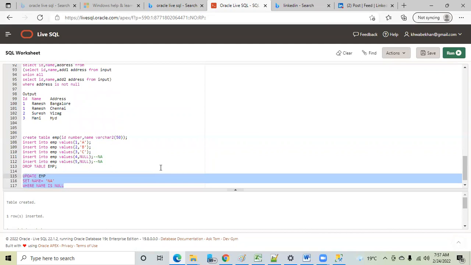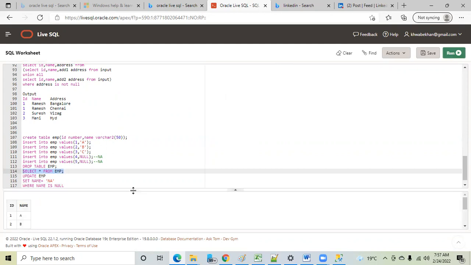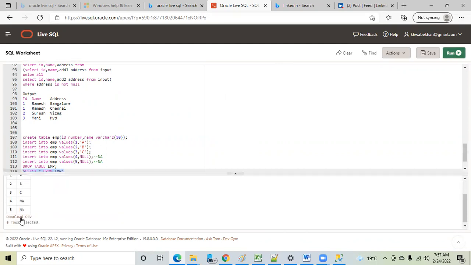Okay, one minute before executing this. Have I taught you the difference between zero, blank, and null? Yes or no? Yeah. I think in the other batch I have taught that. Okay, so this is updated. Now, if you want, you can verify the data. Let's select from employee. Execute this. Okay, I hope this is clear.